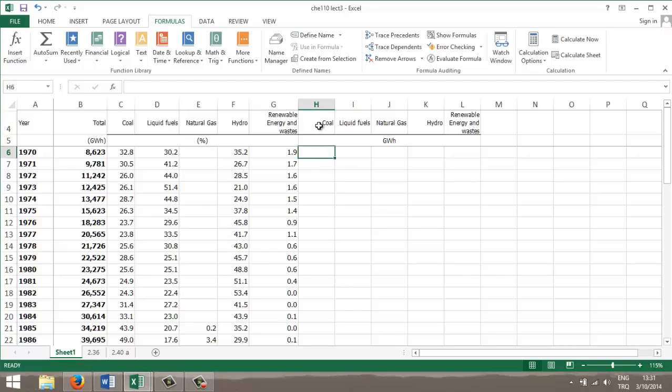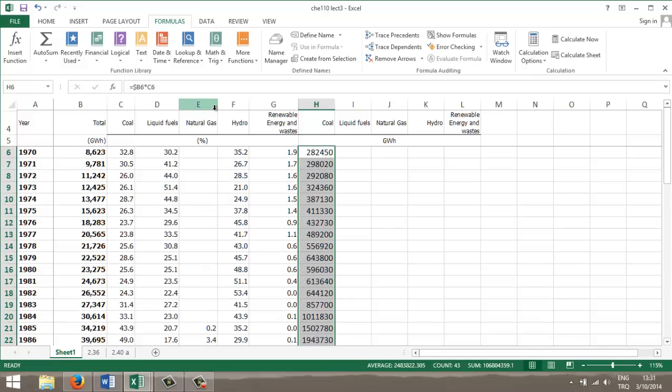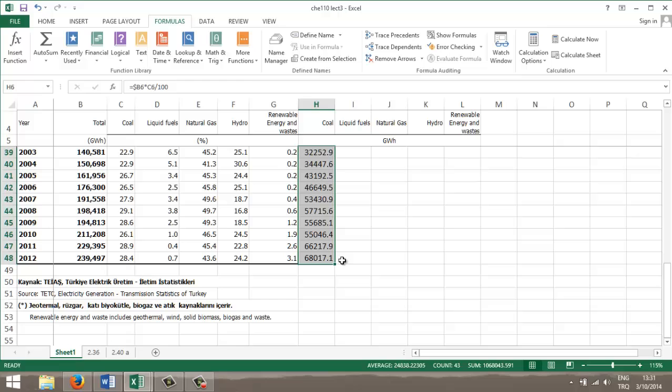The energy produced from the fuel is simply column B times the column of the fuel divided by 100, because this is percentage. Let's calculate this. This times this, but column B should be constant, so I'm going to use the $ sign. If I simply double click on the plus sign, I forgot to divide by 100. If I just slide this,